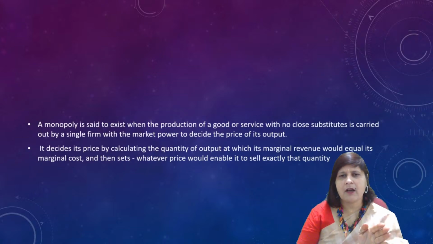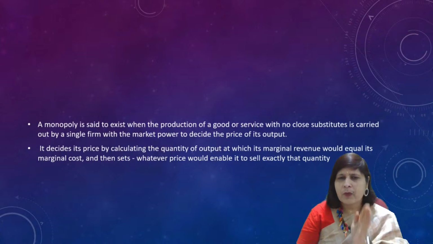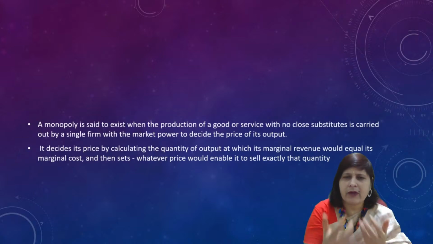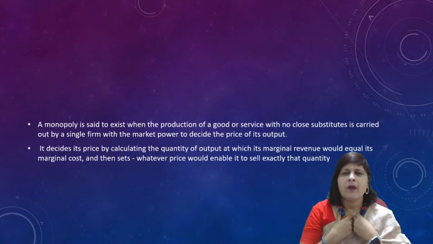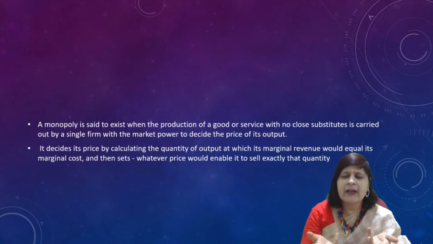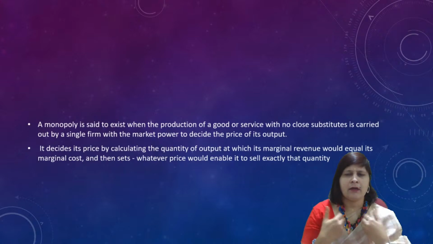provided by a single firm, right? And when there is only one firm providing those services or goods, they have the power to decide the price of its output, at what price they want to sell their product or services. Monopoly: when I am the only one producing a product or providing the services and no other substitute is available in the market, if you want to purchase that good or service, then it is in my hand at what cost, at what price I would like to